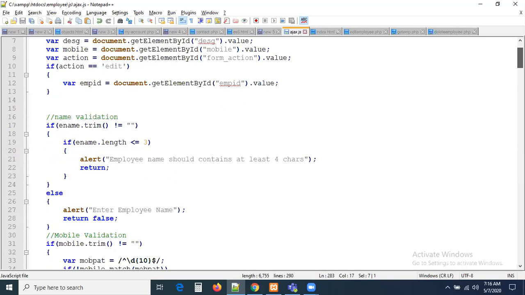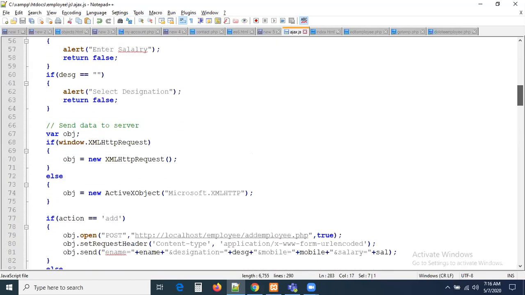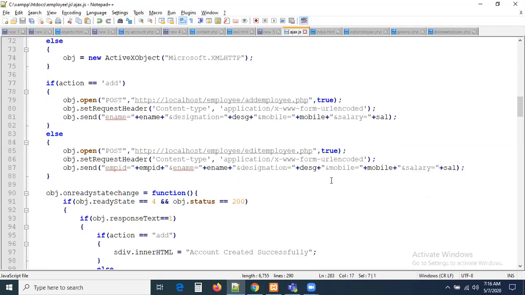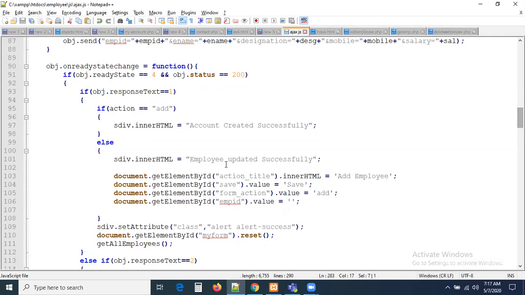Go there, and there is a success message we are displaying here. This is the place we are displaying it. Once the message comes, I have to hide it. After how many seconds? After 2 seconds, you have to hide the message. So what I want to do here is just hide the message.